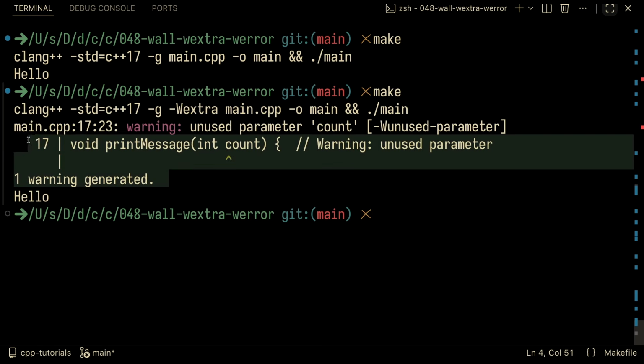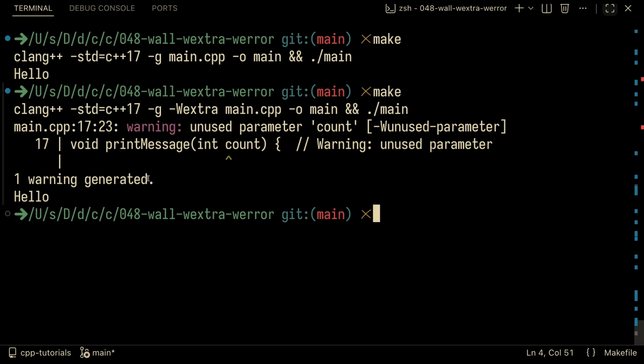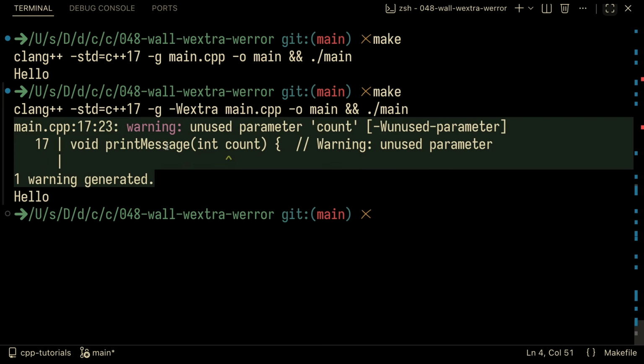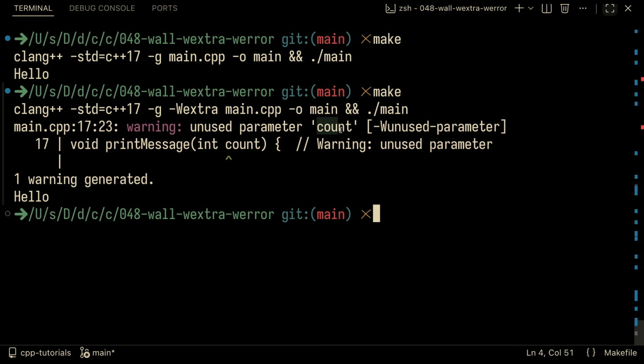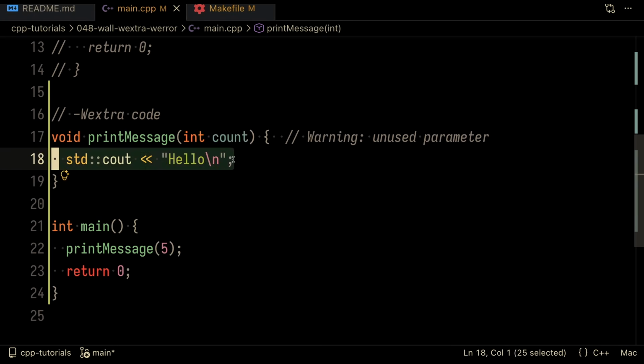is generating a warning. And again, the point of this Wextra flag is that it is telling the C++ developer, hey look, something unexpected is happening here. You've got count that is not being used. This should signal to the C++ developer, maybe I meant to use count inside of this function, but I just